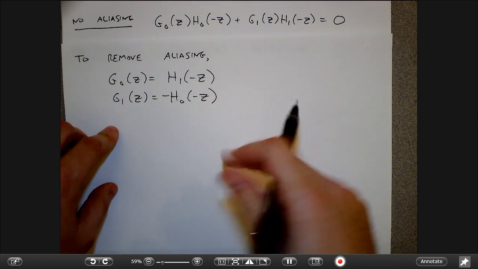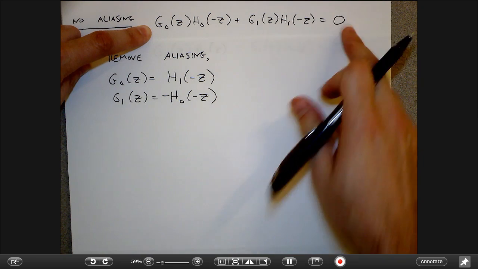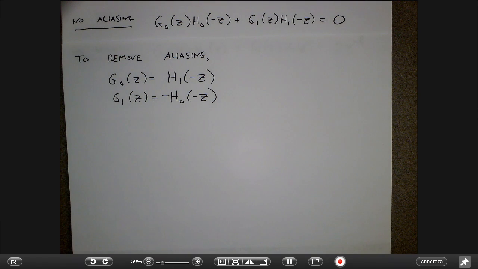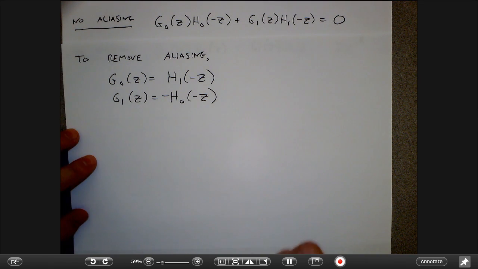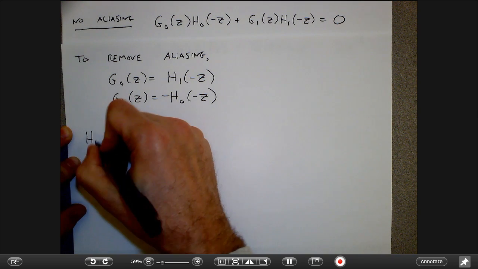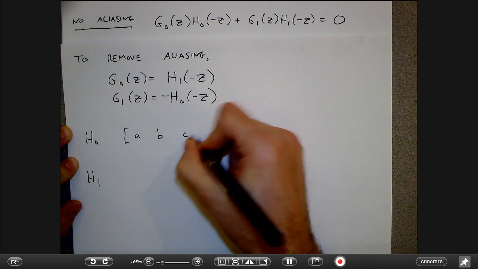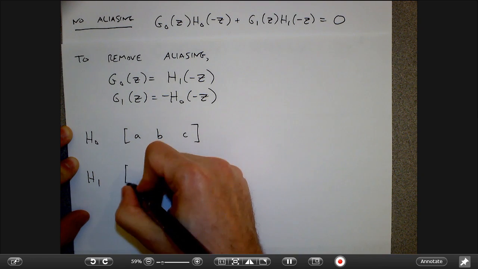That means that this is going to turn into G0, G1 minus G0, G1, right? So this is basically saying that no matter what I chose as the H's, if I choose the G's in a certain way, then I can remove all the aliasing, right? So that kind of means that I have removed half of the filters I have to design by using this. And so kind of what that means is that if I have a set of H's, so say these are kind of arbitrary FIR filters,